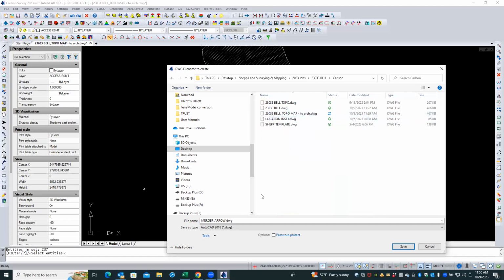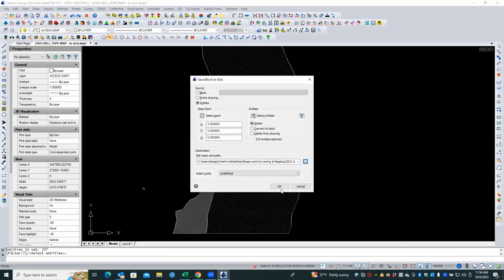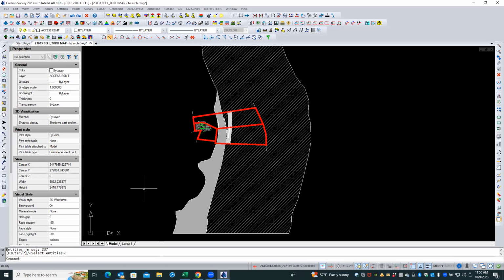And I would choose that 2303 Bell Topo map to ARC. It would be the same file name, and that's okay. And it's just going to overwrite this. But choose it, but before you hit save, I want to change that to put a 2 in the file name down there. There you go. All right, so save that. And now say, okay, the insert units being undefined are fine. All right, now,